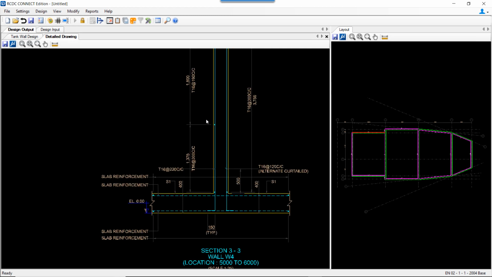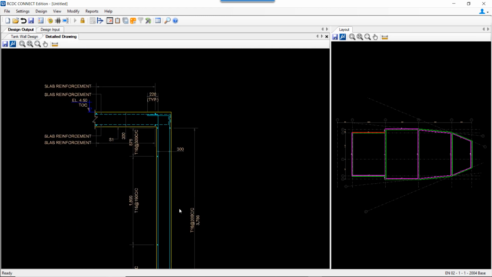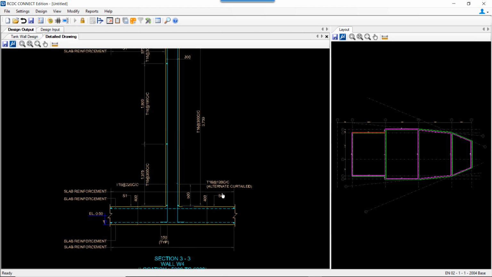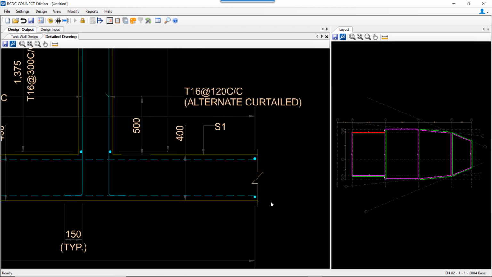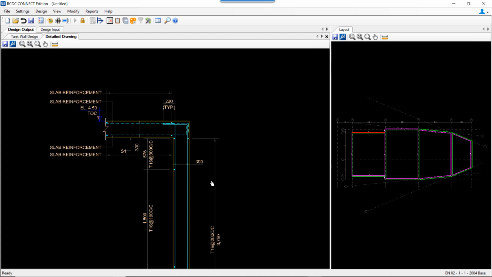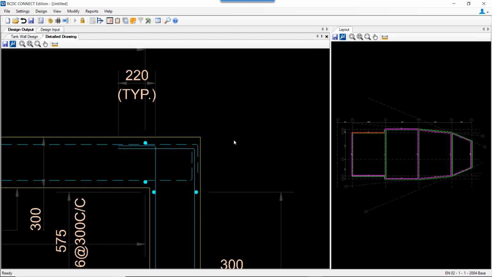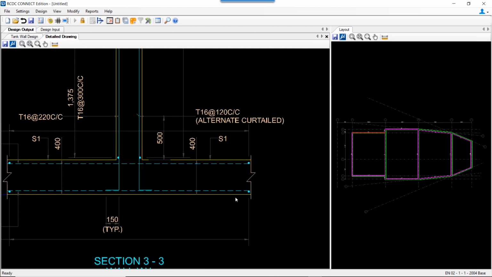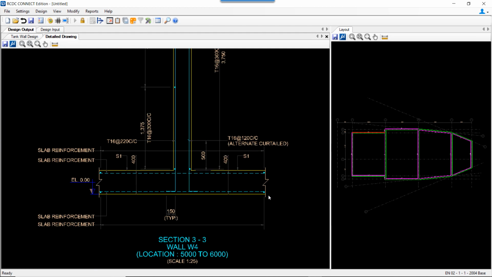Also, one more thing to be noted is the height of the wall or the height of the structure that is obtained from the analytical model. In that case, the surface height is considered from the bottom of the bottom slab. From here, the total height is considered up to the top of the top slab. So the top of the topmost slab and the bottom of the bottommost slab will be the total height of the structure that is obtained from the analytical model.